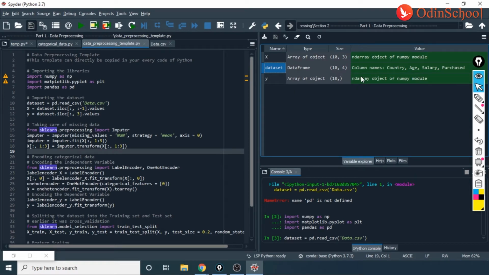Within pre-processing, you have a lot of methods. Here I'm using an imputer method to pre-process my data, and when I do impute, it has NaN values in your data set. So here missing values is equal to NaN, strategy is equal to mean, and axis is equal to 0.